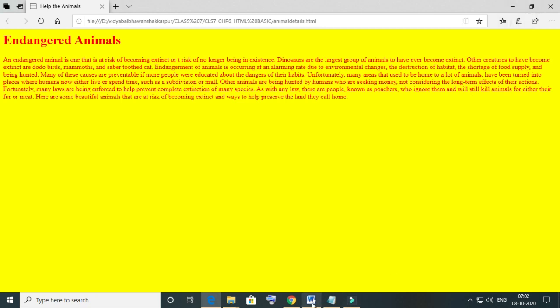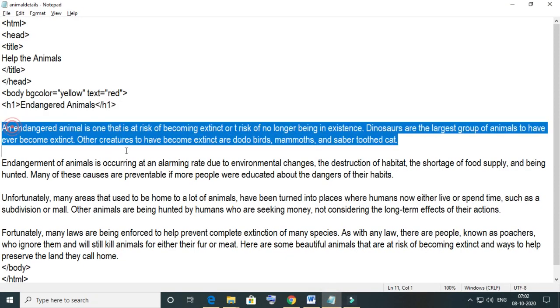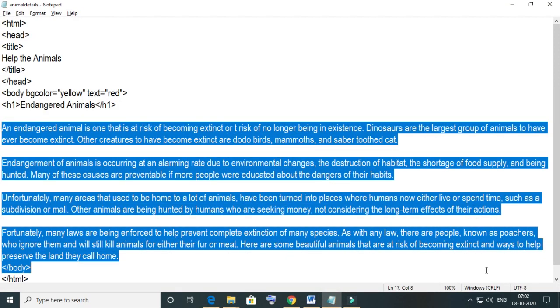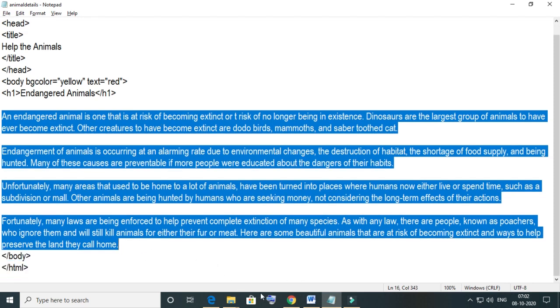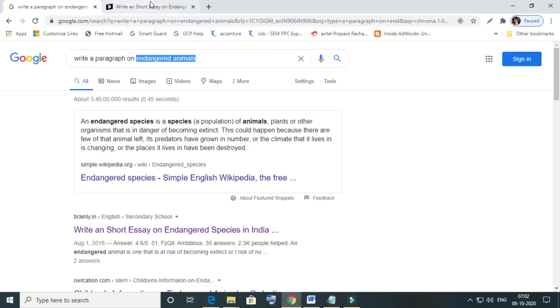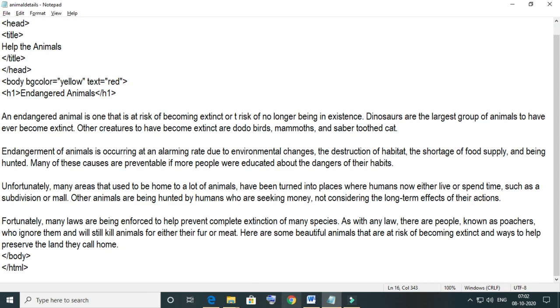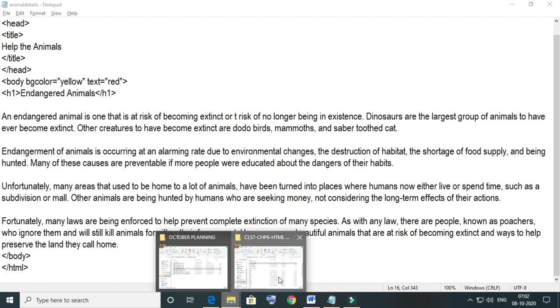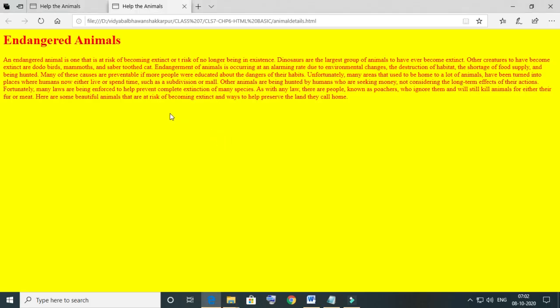Now one more thing, here you can see there are many paragraphs, but within the paragraph tag, these paragraphs are just lines one by one in the web page. As you can see, just come to the web page, all the lines are there one by one, and this actually doesn't look like a paragraph division. There is no paragraph in this page.